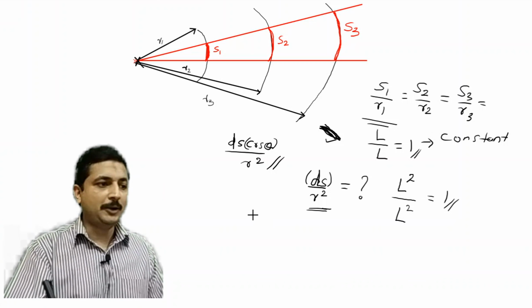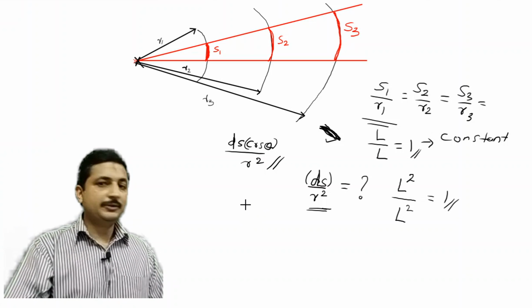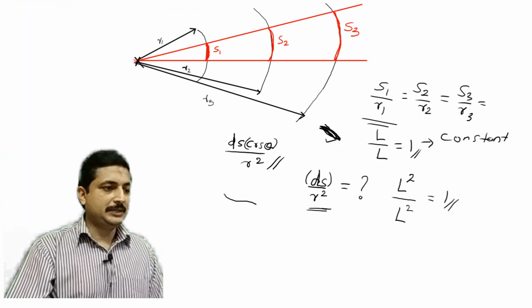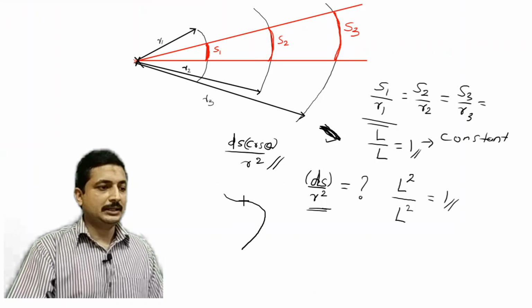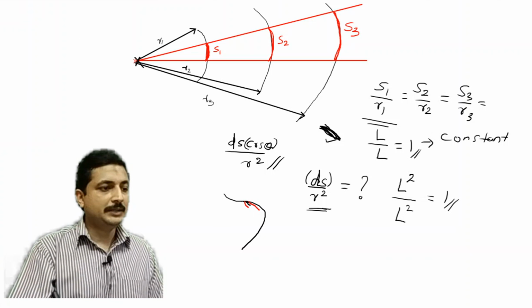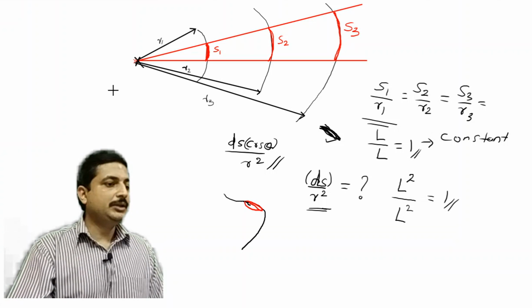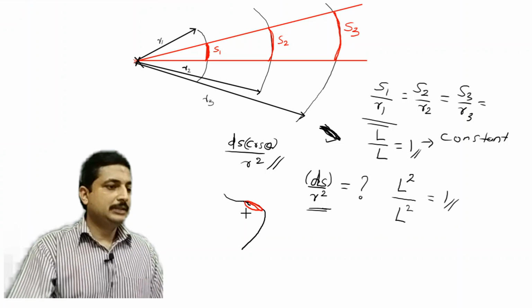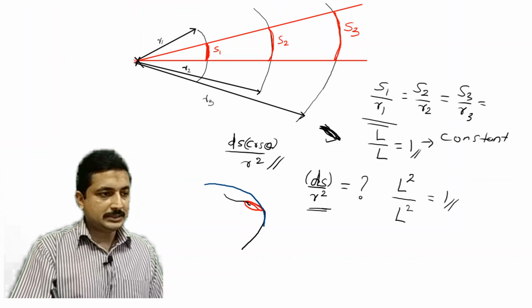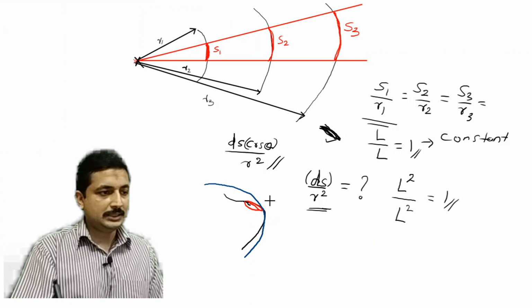So I'll take a small portion of that ds. If you go back and check the diagram, my circular surface was something like this, whatever. And my ds was somewhere here, I'll take a different color. Somewhere here was my ds. Now if this was a circular structure, then maybe this will be a circle, coming like this, passing like this, and going like this. It will be circular if this was circular.